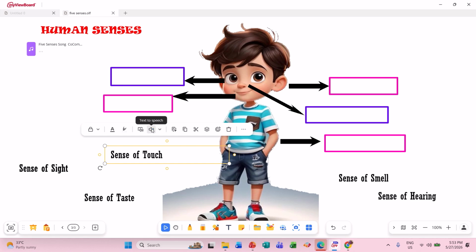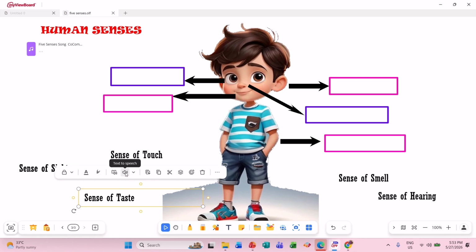That means the students know what it is, so there's no teacher guidance needed to help the students answer. They just play or click text to speech. Yes, sense of touch. And this one, sense of taste. Okay, let's replay.